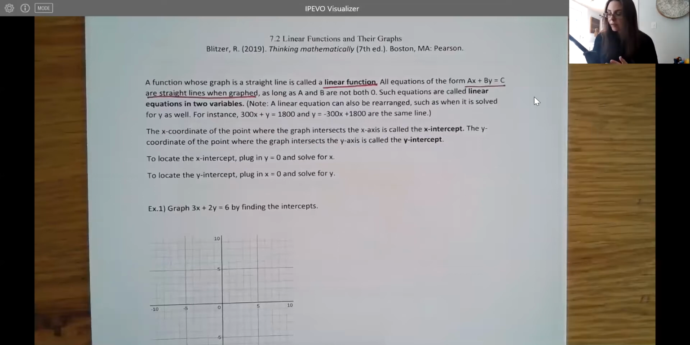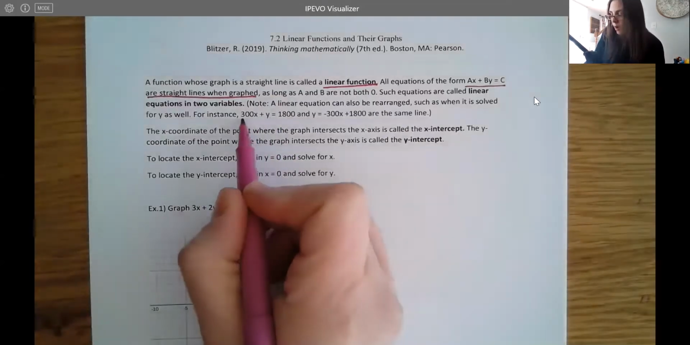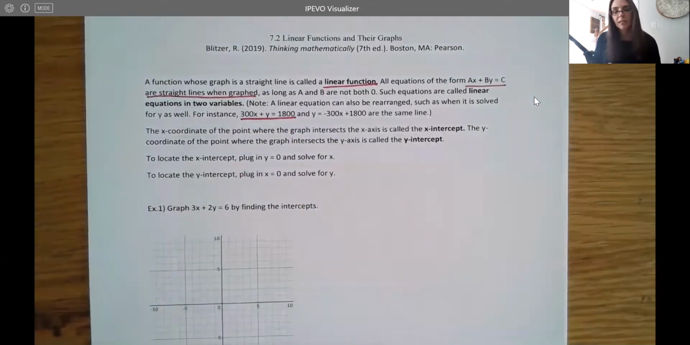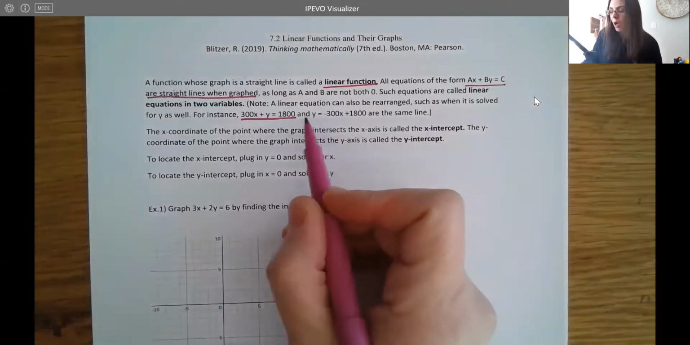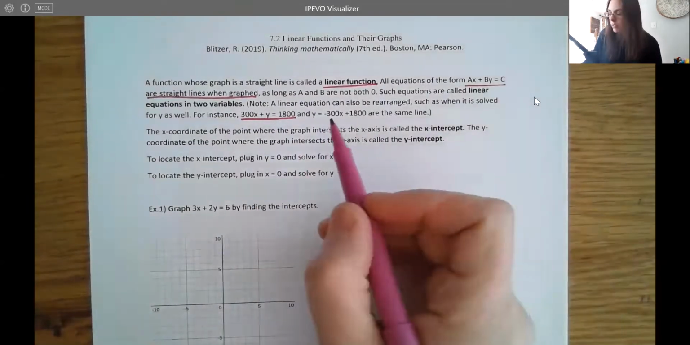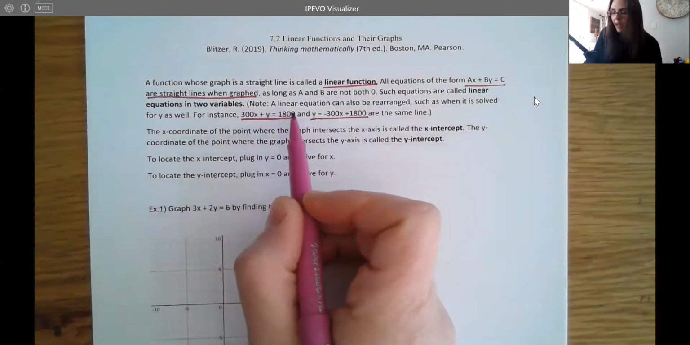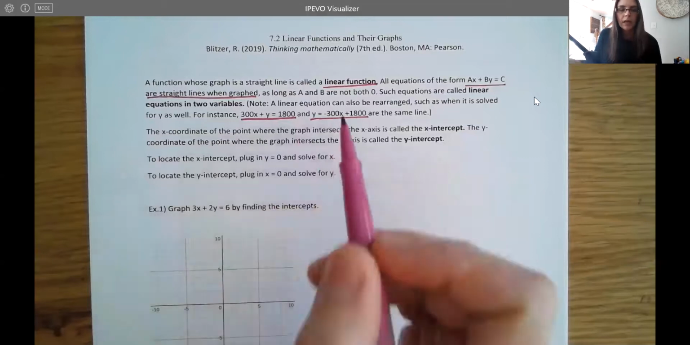Now, I do want to note that linear equations can be arranged. So for instance, one example of a linear equation in two variables is 300x plus y equals 1800. However, we often have them in a different order, or the variables in a different order or on different sides of the equal sign, and that's okay too. One of the common things that we tend to do is to solve for y in our linear equations. So if you have it as y equals instead, bringing that 300x to the other side using subtraction, that's still